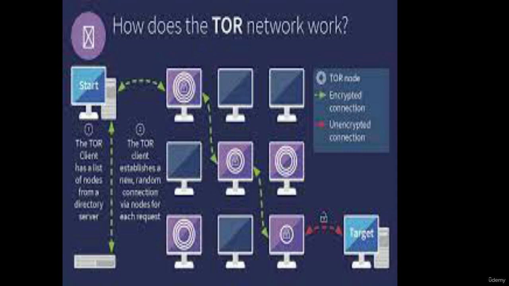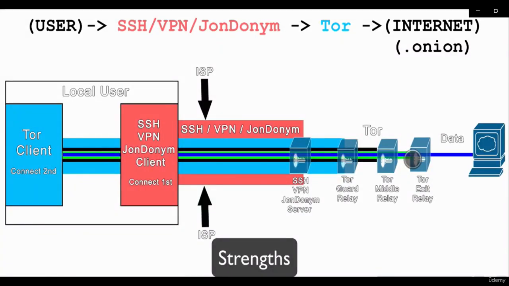So let's talk about what is SSH VPN, JonDonym as first hop, and what is the traffic and what is the strength and weakness of this traffic by gaining local user. So this is how an ISP helps a local user VPN to gain data